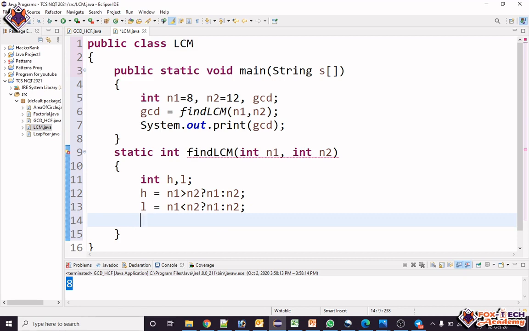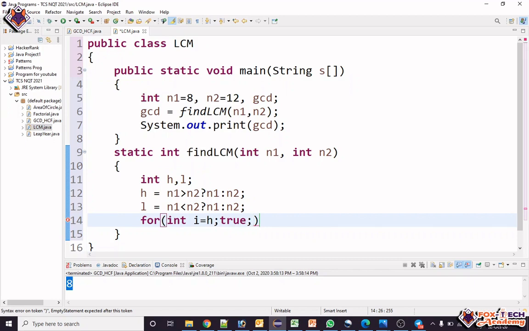Now it's time to run a loop from the highest number. We start the loop with int i equals high, and we put the condition as true, because we don't know when we have to stop.